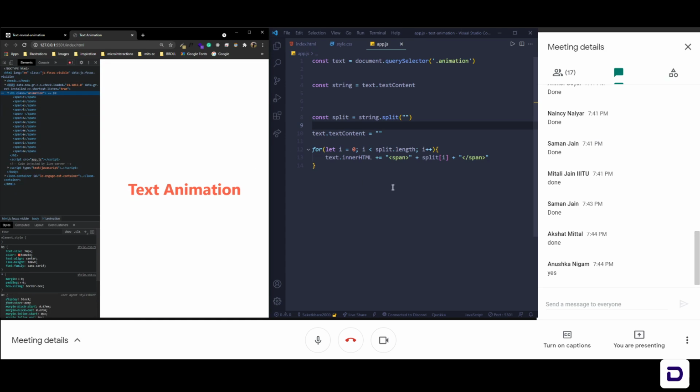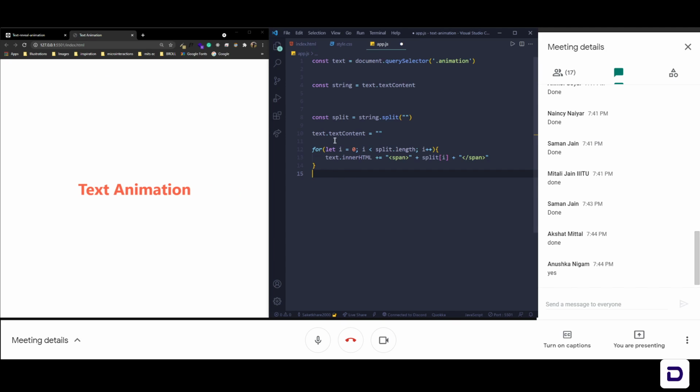What we need now is to add a class to each and every span. For that I'll say let char equals 0, and then I'll make a timer. After some time which we will define, the class will be added.